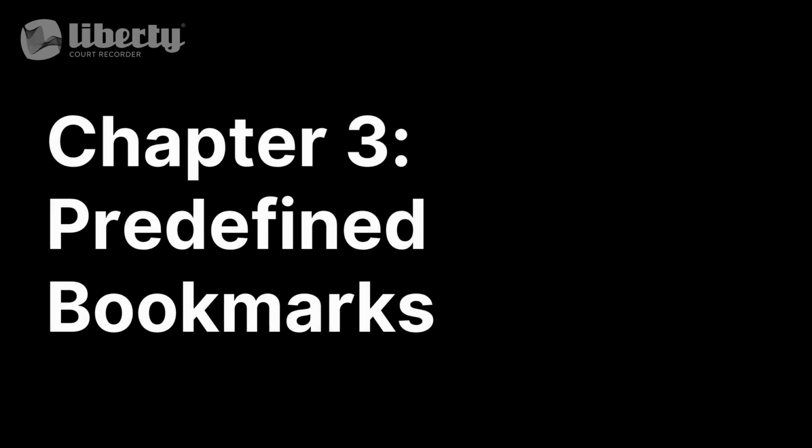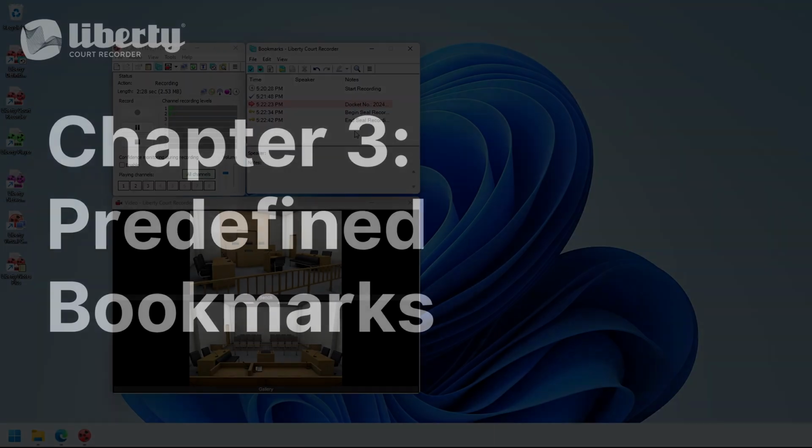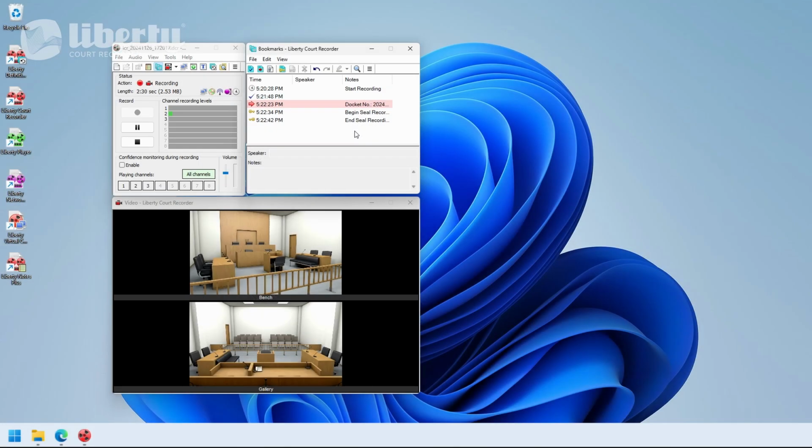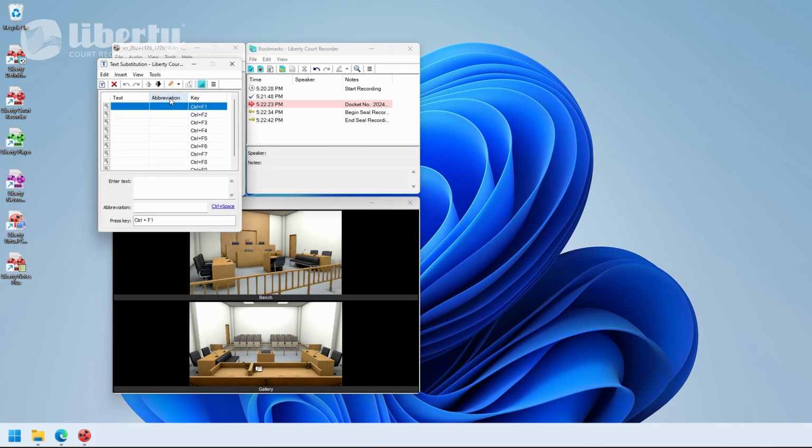In a dynamic courtroom environment, it's often unrealistic to type every detail by hand in the moment. To save time and streamline the process, Liberty Court Recorder offers two powerful tools for court reporters. The first is text substitution, which can be accessed by clicking the T icon in the main recording window. Text substitution allows you to define a list of custom keyboard shortcuts that can quickly insert any amount of text